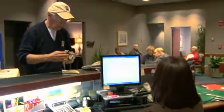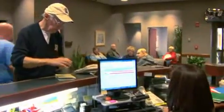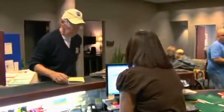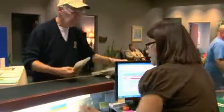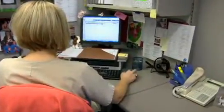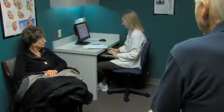It starts with the front reception desk and entering demographics, insurance information. It also starts in medical records when we are flowing laboratories into the EMR, and all of that pulls automatically and populates PINNACLE. Essentially, the communication starts with the medical assistant who checks the patient in, because she usually checks